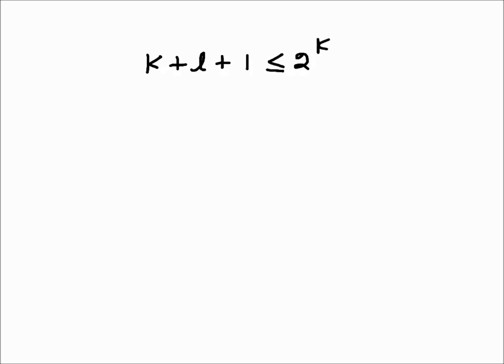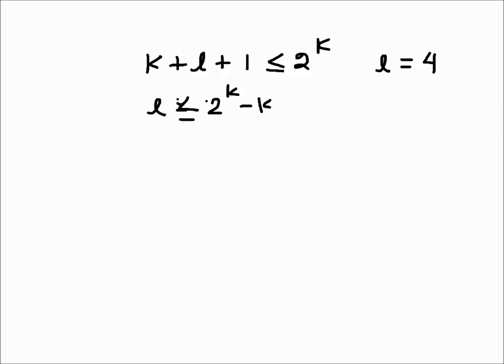2 to the power k. L is the number of data bits, k is the number of parity bits. So we will need more than one. Let's say L is 4. We are doing this for 4-bit data. So we will see that L has to be